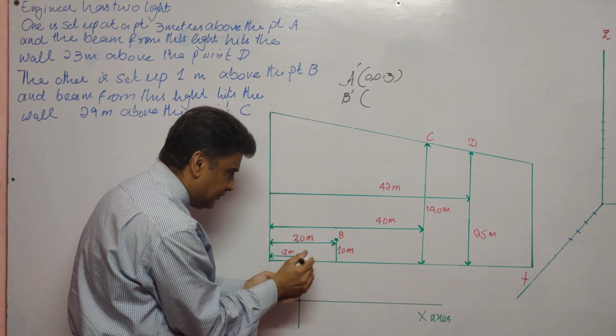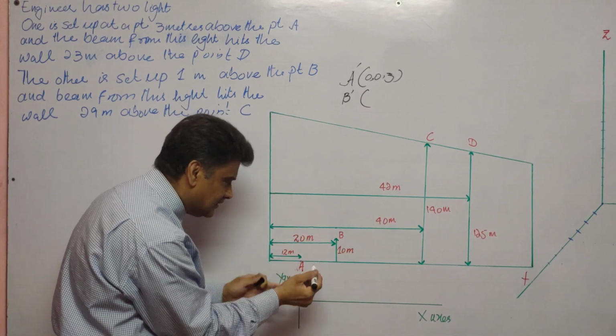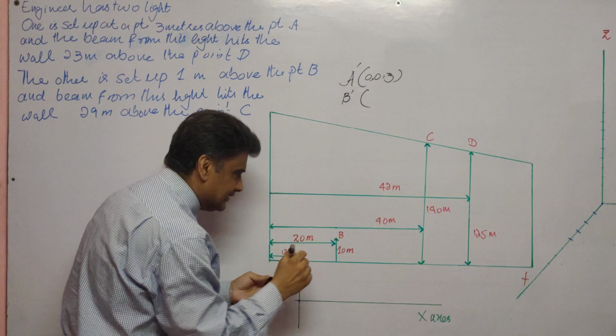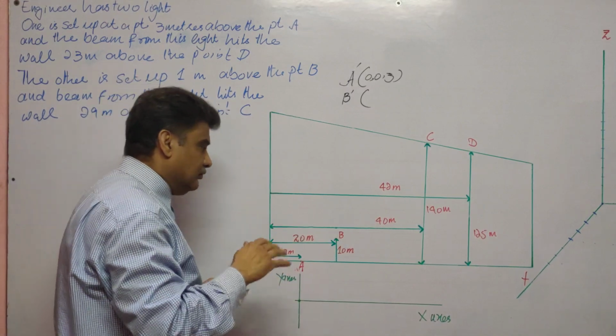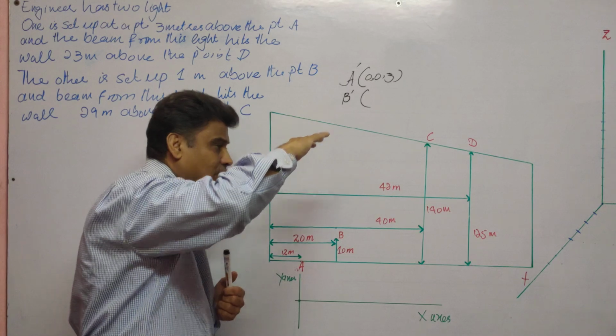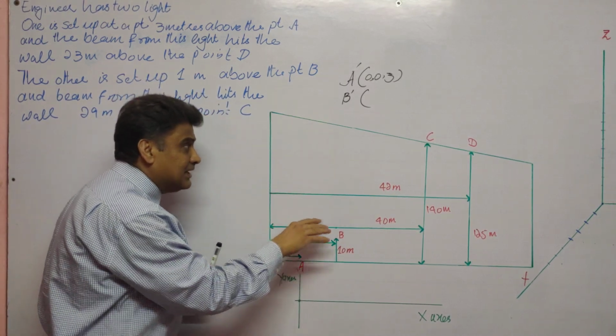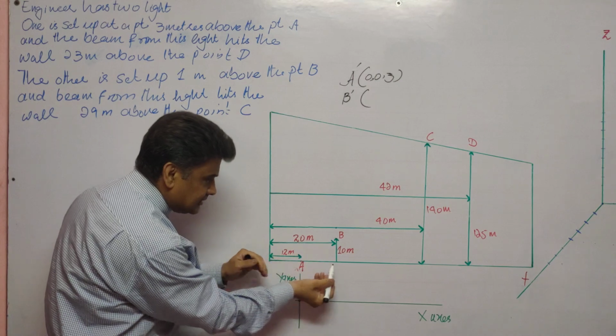The coordinates of B in the XY plane are 8 and 10, and we move in the upward direction 1 meter above. We have to move 1 meter above the XY plane, and the coordinates of B prime will be 8, 10,